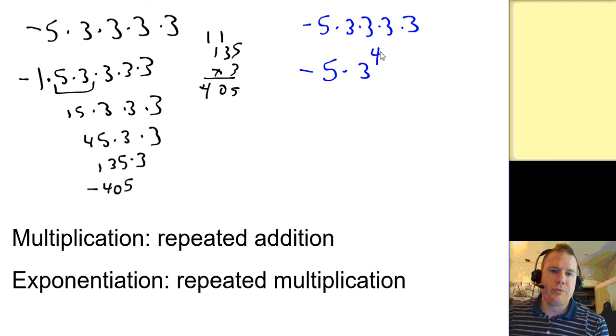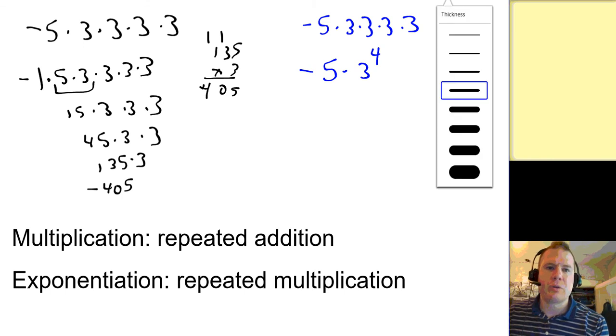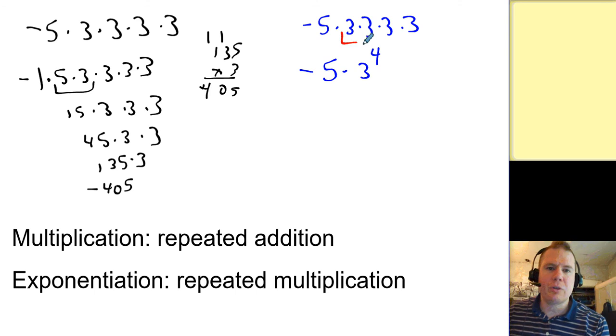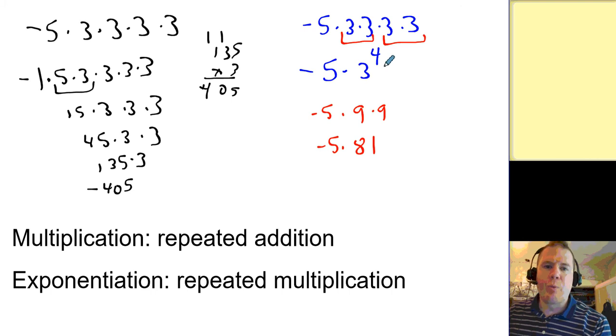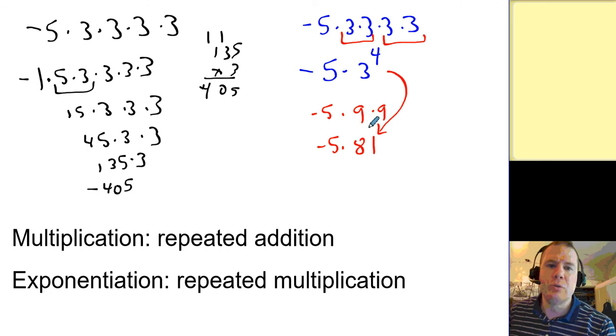So 3 with that little 4 above it means I'm multiplying 3 by itself 4 times. Well, if I'm used to that, I may have memorized that. If I'm not used to it, I can still get it here. Let's get my pen back. All right, so 3 times 3 is 9. 3 times 3 is 9. 9 times 9 is 81. Whether I have 3 to the 4th power equals 81 memorized, which I do, maybe some of you do,